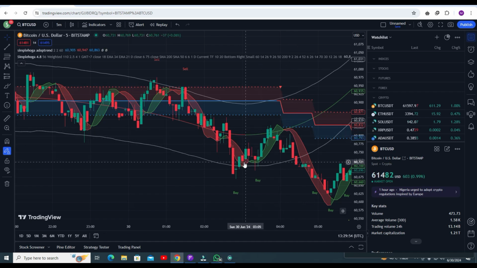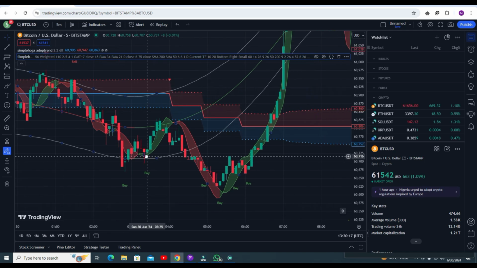Just like I told you, if your trade is wrong, it will close your trade in profit. Like here you can go for the buy trade and you can exit your trade at this point. Or at this point it's a very small profit, very small, but the point is you are getting at least not a loss. That is the beauty of my indicator. Let me show some examples.